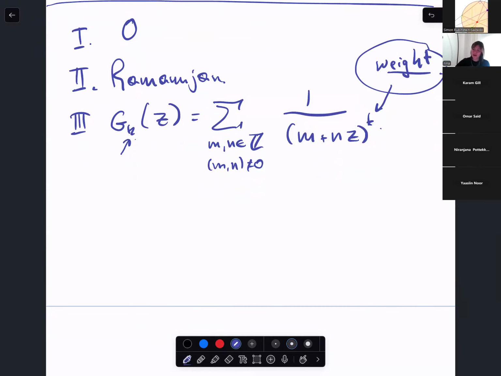But yeah, so it's a modular form of weight 12, which is the first weight for which there is a modular form for this group. So it's like the smallest weight example. Okay, so